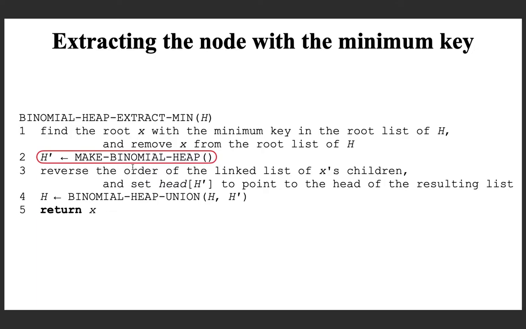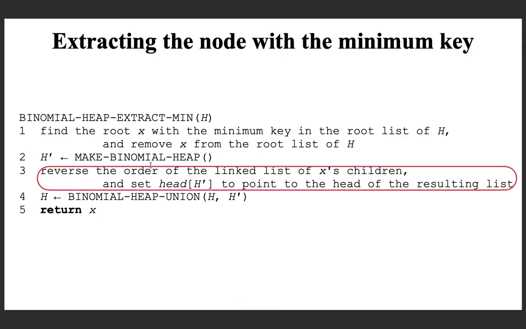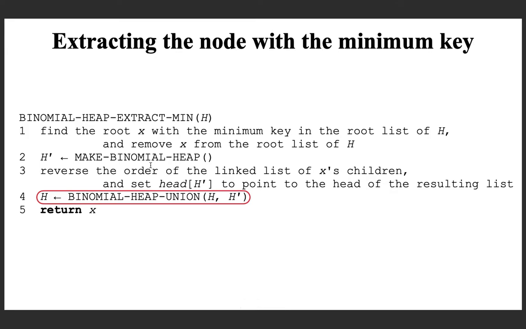We have discussed this operation in the first class about binomial heaps, and after that we saw that we need to form a binomial heap in the reverse order. So reverse the children and you form a binomial heap. You can perform that in log n time, and after that you just invoke the binomial heap union operation to combine and obtain the required result.